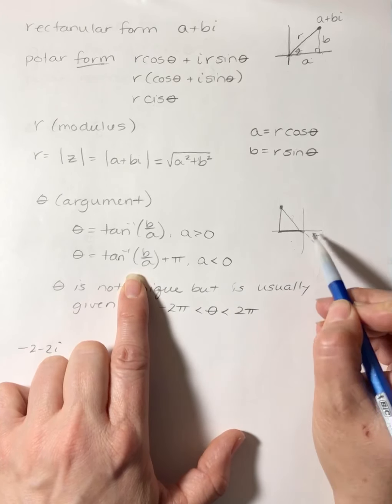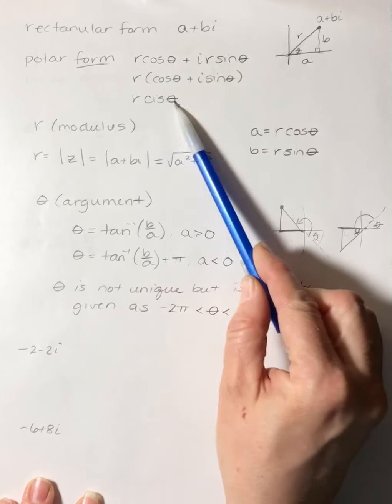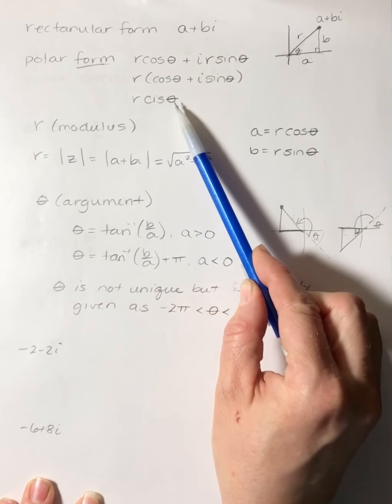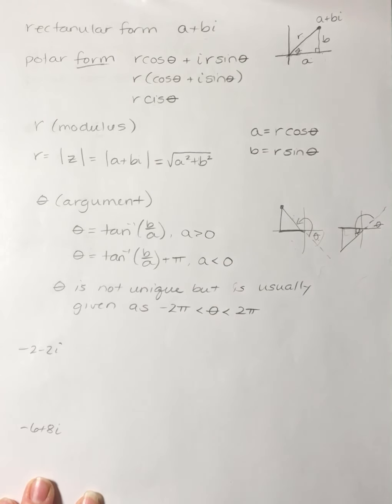Theta is not unique, but is usually given as negative 2 pi to 2 pi. So we are taking these numbers in rectangular form and we are converting them to polar form. So polar form, we need two things. We need the modulus and the argument, okay? So you're going to have some that are nice answers, and you're going to have some that are not nice